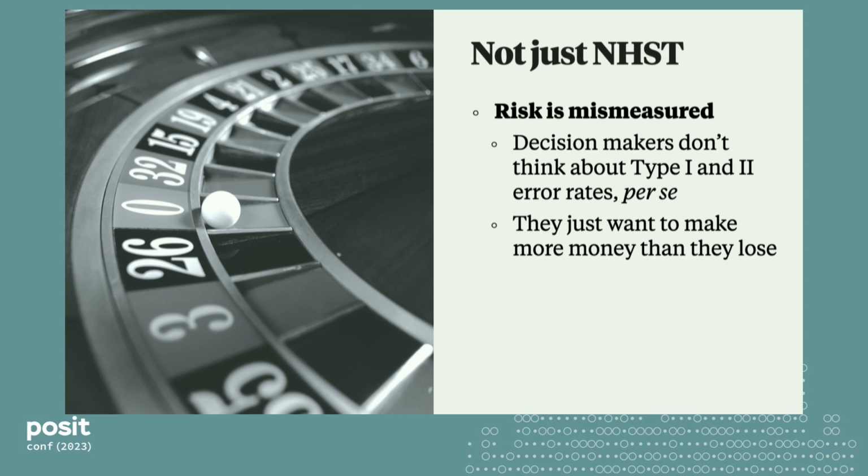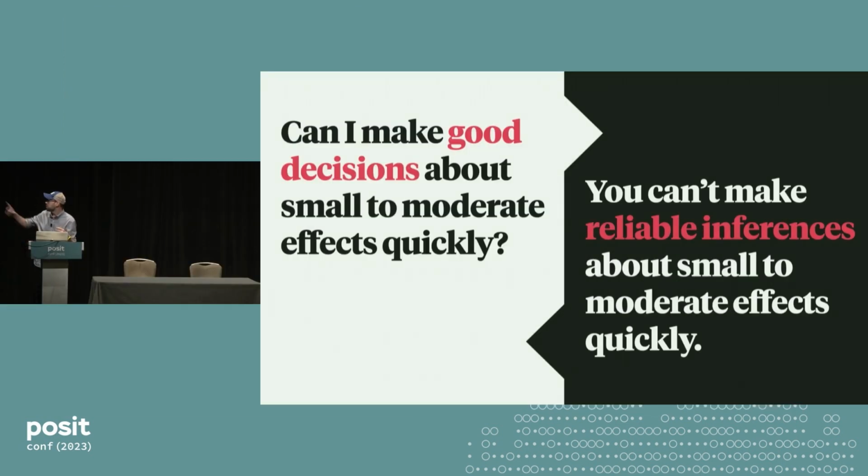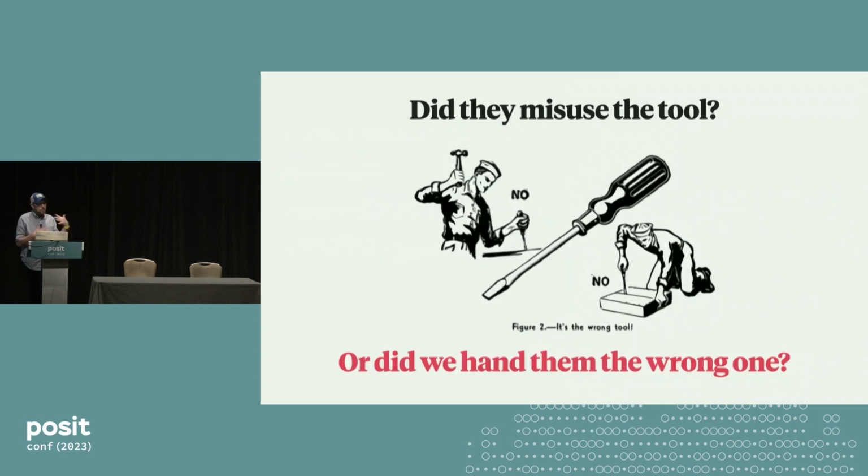And it's really hard to map this to the false positive and false negative rates conditioned on a null hypothesis, right? They are asking us essentially this question: how do I make a good decision about the effect size I see? And we are handing them some tools that go, well, here are some statistical guarantees on an inference you might want to make. And so there's a little bit of a mismatch. And they end up misusing the tools or ignoring the tools.